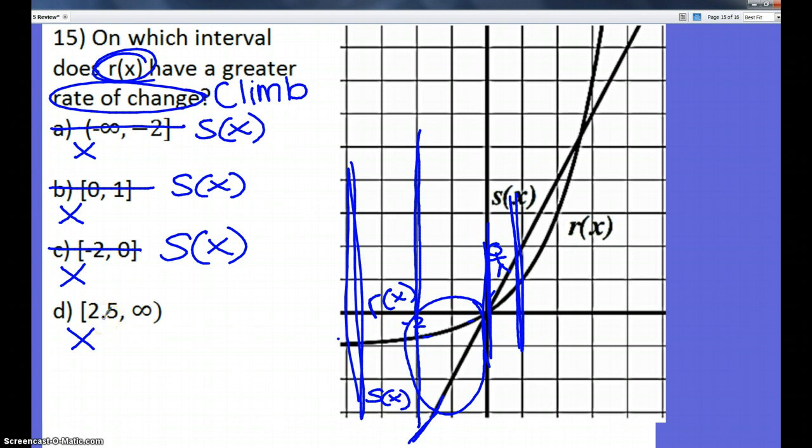So let's look. 2.5 to infinity. We got, oh, that's 1.5. So 2.5 is over here. And then to infinity. So now you notice that r of x outruns the s of x. So notice that now